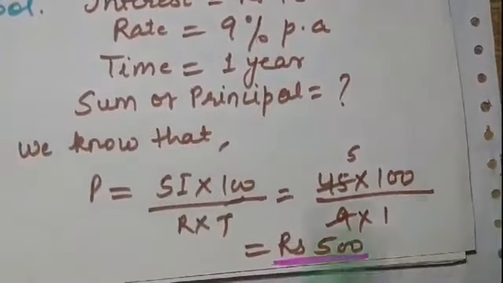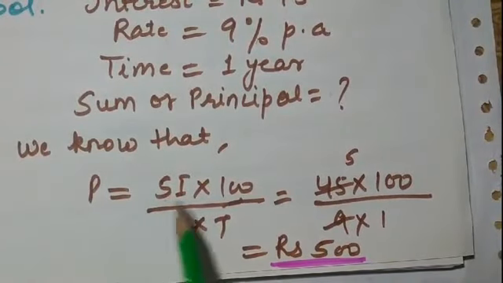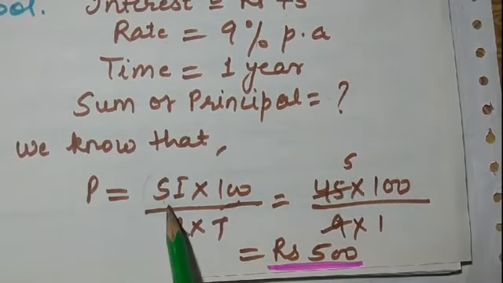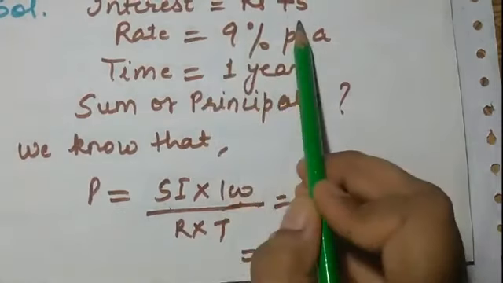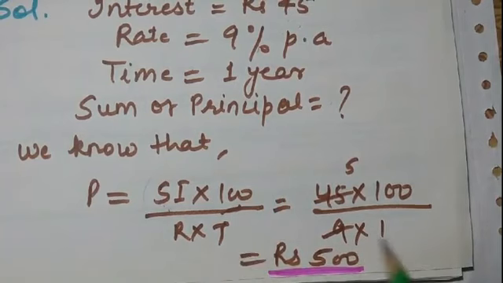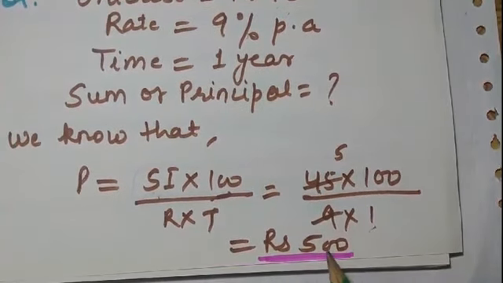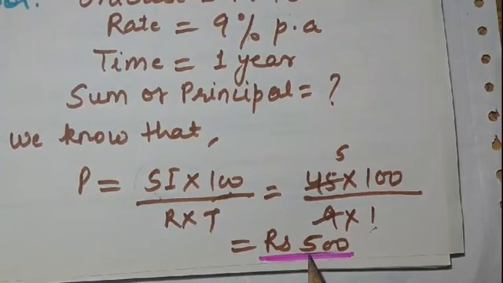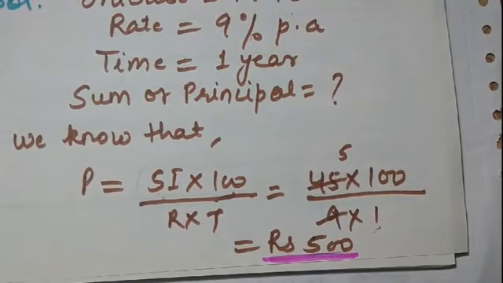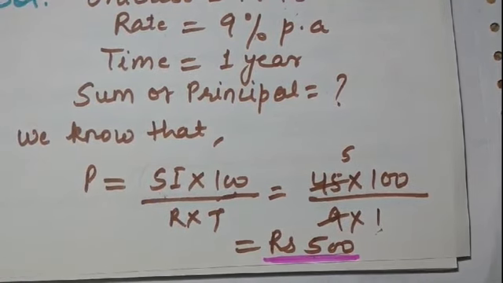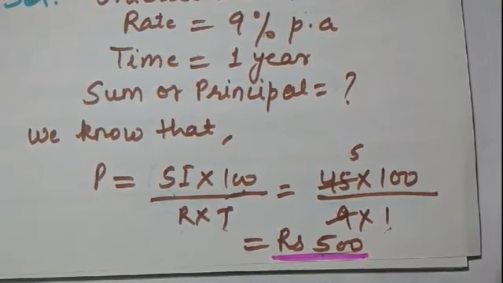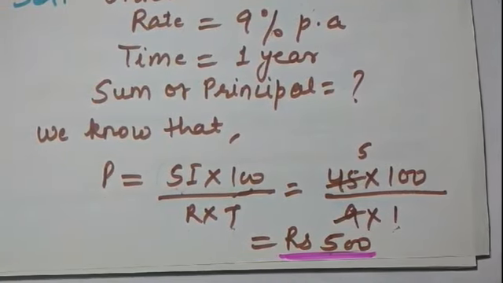Again we know that principal is given by SI into 100 over R into T, that is 45, because SI, that is simple interest, is given to be 45, into 100 over 9 into 1. Time we have is 1. On solving you will get 500. This is the principal, the sum she has borrowed. So this is question number 11. Simply you have to find the principal. We have given simple interest, rate, and time. You only have to apply the formula to get the value of